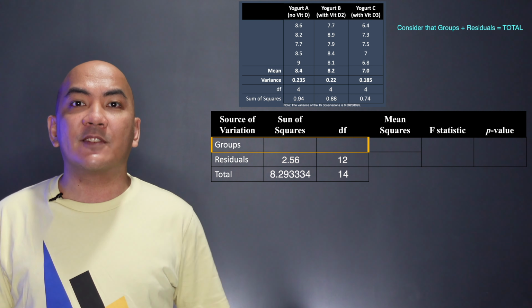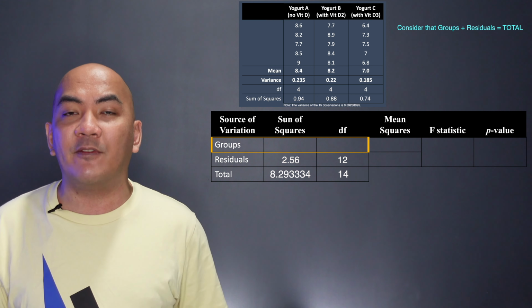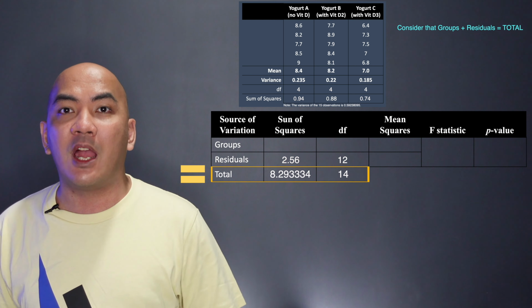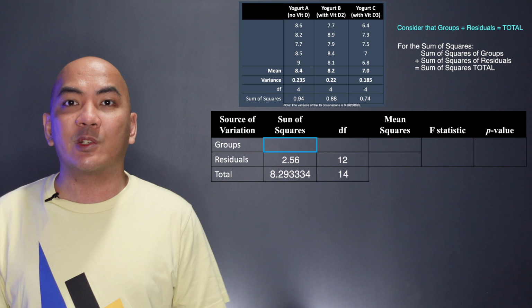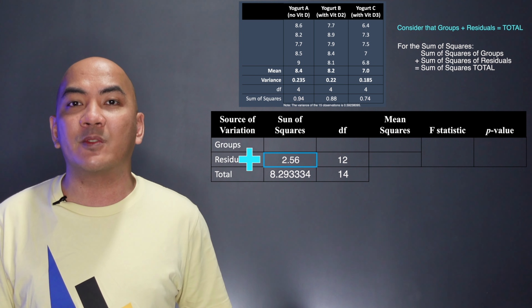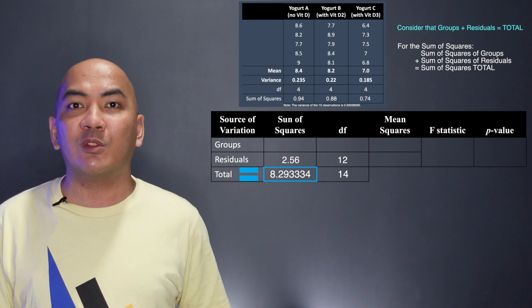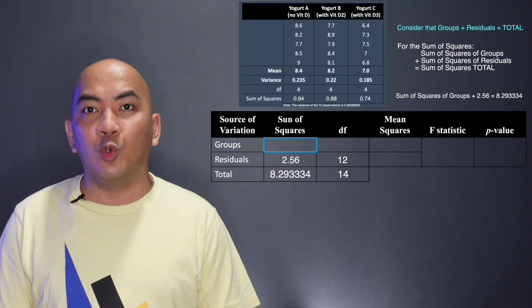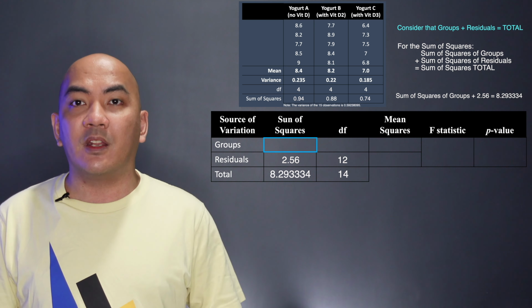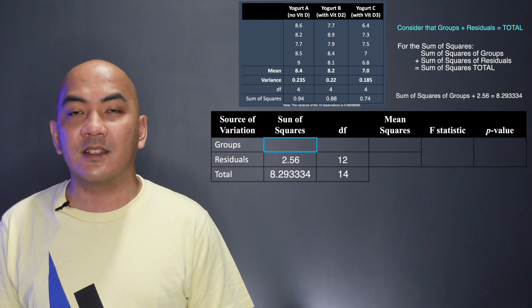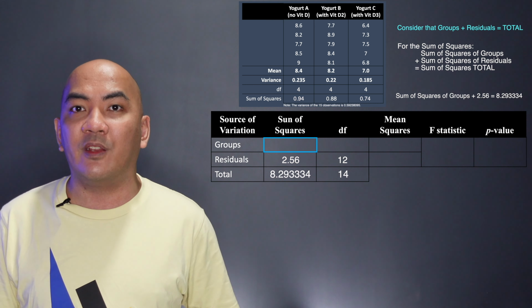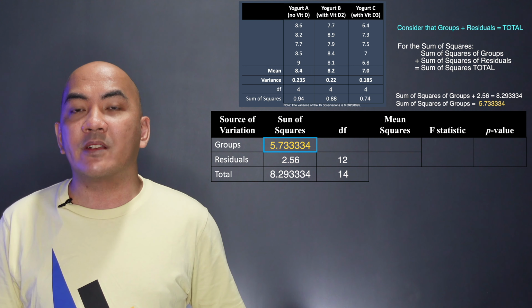8.29334. And as for the first row, which is groups, we just have to consider that groups plus residuals is equal to the total. In other words, the sum of squares of the groups plus the sum of squares of the residuals is equal to the sum of squares of the total. So to find the sum of squares of the groups, since the sum of squares of the residuals is 2.56 and the sum of squares of the total is 8.29334, then the sum of squares of the groups is